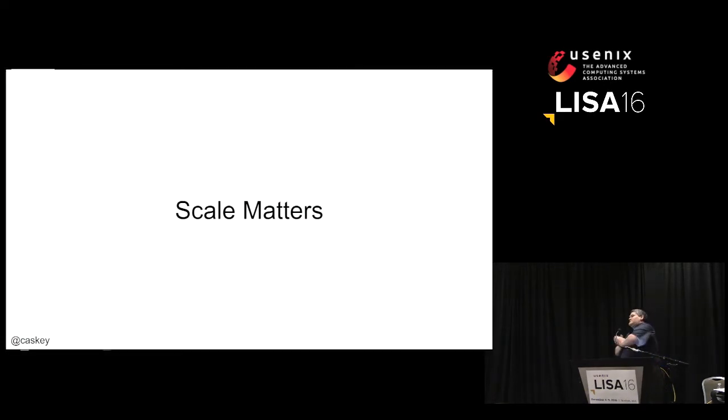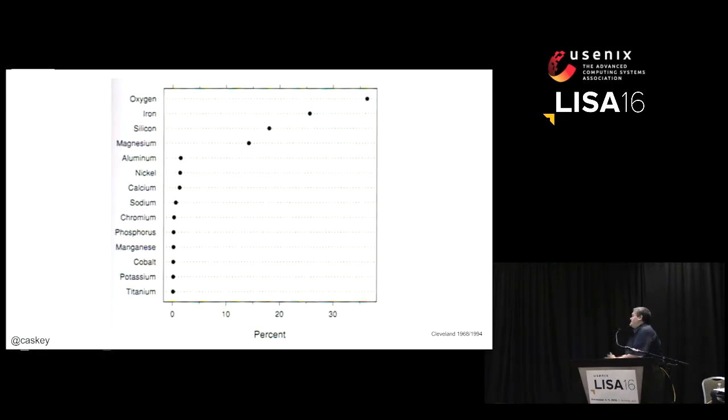Scale matters. Scale always matters, all right? We're all here because we run systems at scale, right? But that's not the scale we're going to talk about. We're talking about the scale on our graphs. Classic example, again, a lot of these come from Cleveland because his work in '68 was a real watershed thing where he really got into this. He was focusing on data scientists and trying to get useful information and communicate data to other scientists. How do you present information so that another scientist can see it, think about it, and then come to their own conclusions and so on.